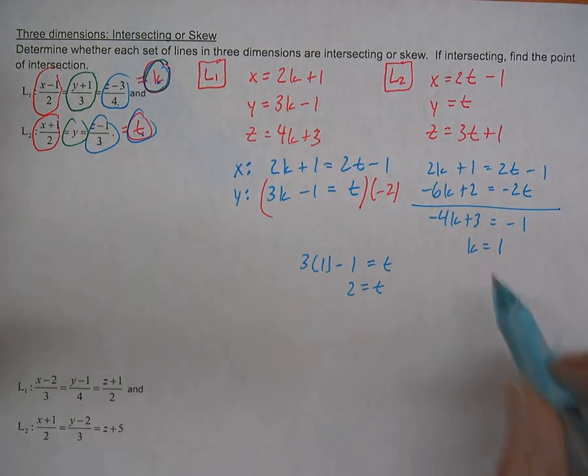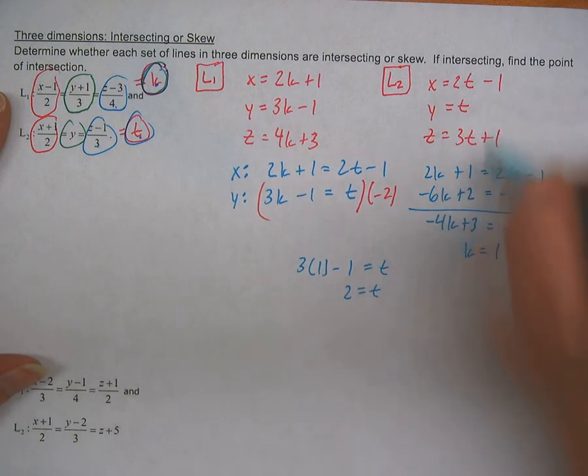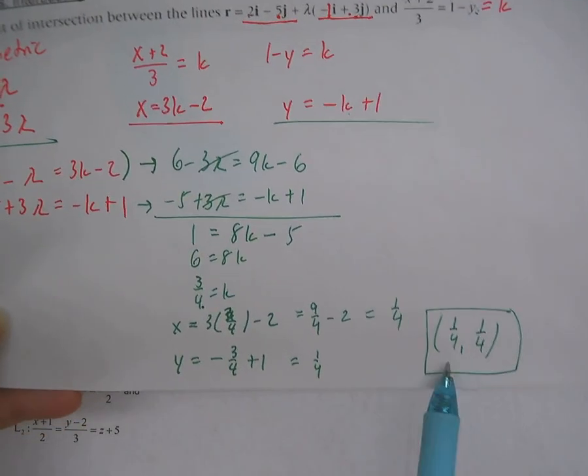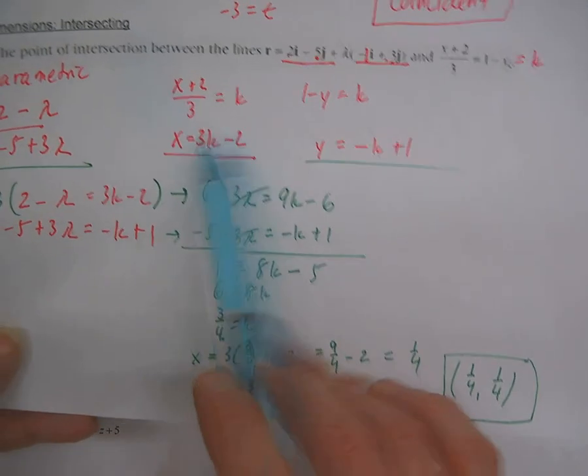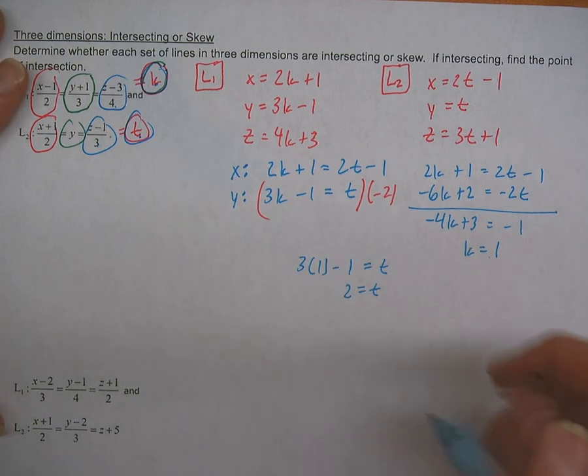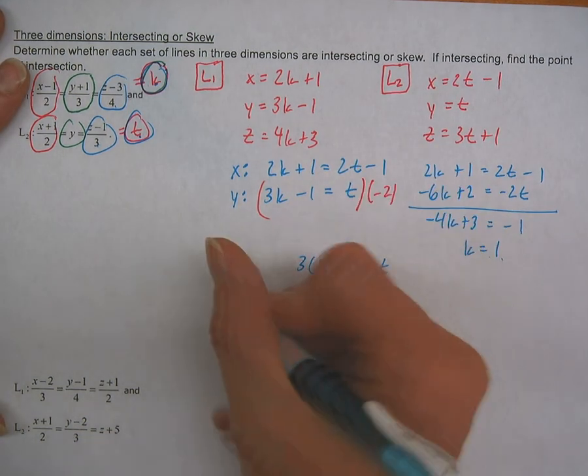Okay, now what you do is you plug these into both sets of parametric equations. Both sets. Well, you plug the k into the k and the t into the t. On the 2-dimensional problem, we only plugged in one. We only found k and then plugged it in. There's a reason why we have to plug in both this time, and we'll talk when we get there. So I'm going to plug k equals 1